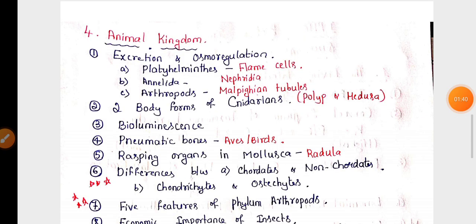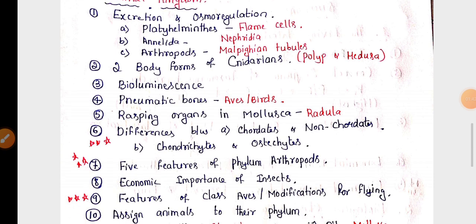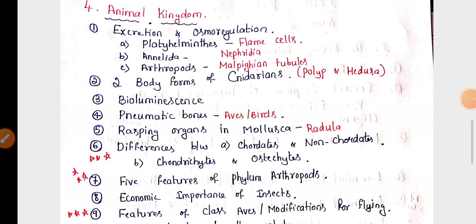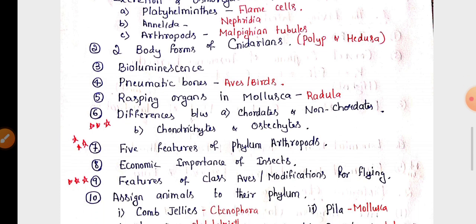Fourth chapter is Animal Kingdom. From this chapter, from the 3 phyla, phylum Platyhelminthes, Annelida and Arthropoda, their excretory organs, the organs helpful in osmoregulation, for example, flame cells in Platyhelminthes, nephridia in Annelida, Malpighian tubules in arthropods, kidney in mammals, they may ask. And the 2 body forms of cnidarians, polyp and medusa, the definition of bioluminescence,